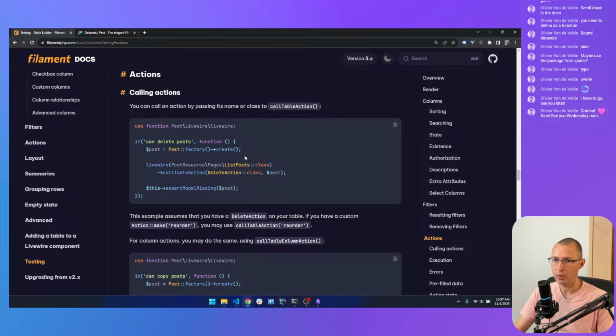We create a new record. We mount the list of pets. And then on that, we call the delete action. The difference from the previous test is that we are calling a table action and passing the action class, but we also have to provide the pet record to that action. And then we assert that the model is missing.